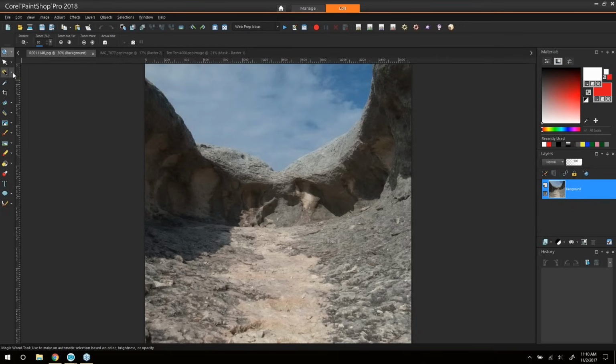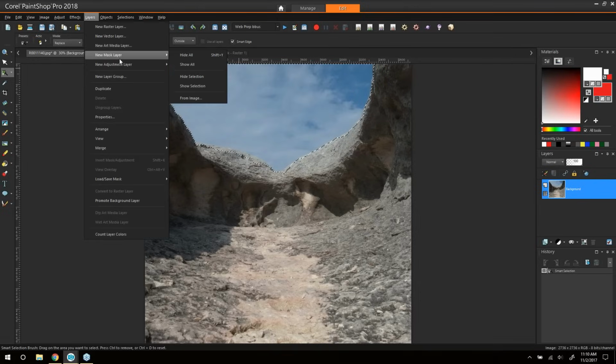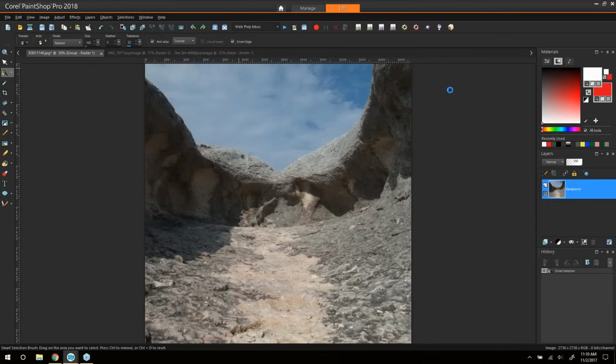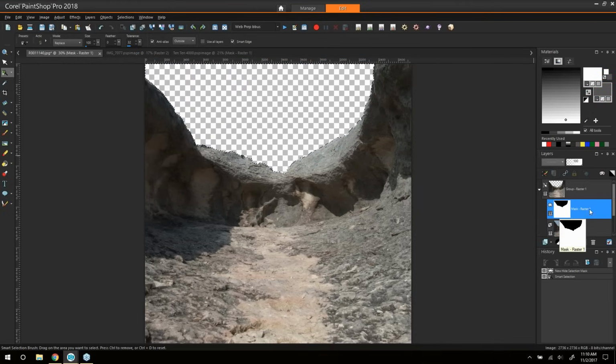And I'm going to do that with the Smart Selection brush. I'm just going to highlight up here into this area. And then I'm going to use the masking tool. Now masks are great because, let me do this real fast, I'm going to say I want to hide the selection I just made. Masks are great. If you can see this white and black layer right here, everything that's white, it's going to keep. Everything that's black, it's going to hide, so that